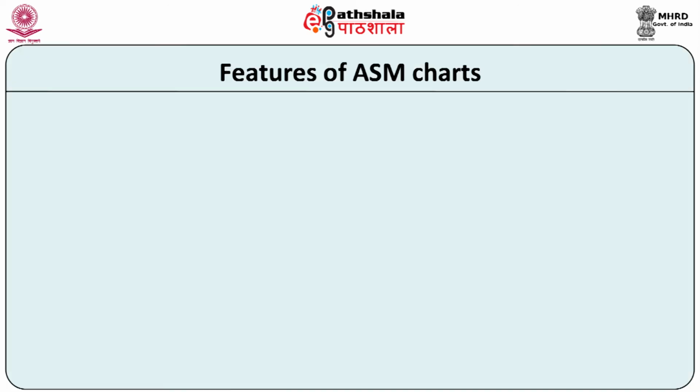Now, let us discuss the features of ASM charts. The algorithm state machine is another name given to the sequential circuit to control a digital system which carries out a step-by-step procedure. It should be noted that ASM chart represents physical hardware and offers several advantages. Algorithm state machine method is used for designing the finite state machine. The salient features of ASM charts are described below.